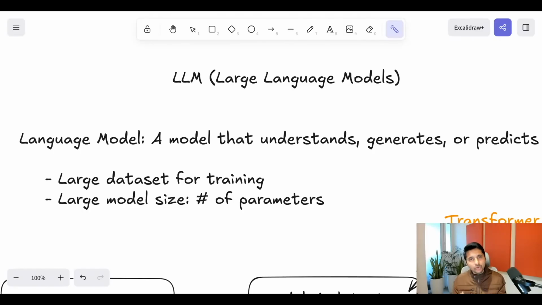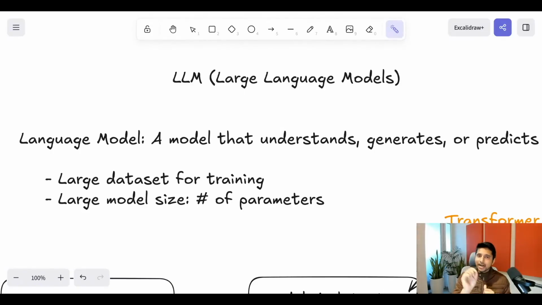So before LLM also we had language models, right? But after the introduction of the large language model, two things changed. We started calling it a large language model because of two major factors. The first is a large data set for the training. We started training the language model with a large data set, meaning everything present on the internet. We fed all the data present on the internet into the language model, and because of that,